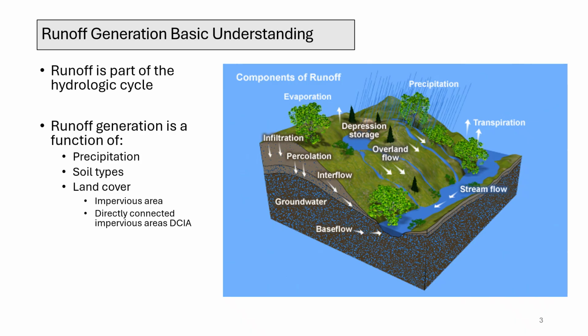A key concept here is directly connected impervious areas, or DCIA. These are impervious surfaces where runoff flows directly into a storm drain or a receiving water body, without the opportunity for infiltration elsewhere. Differences in these land cover characteristics, particularly the extent of DCIA, can significantly alter the overall volume